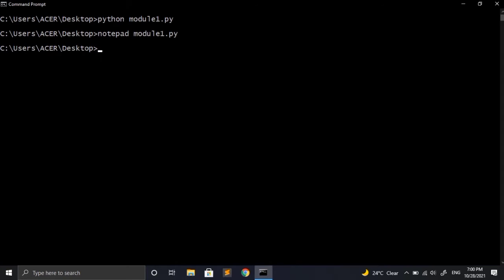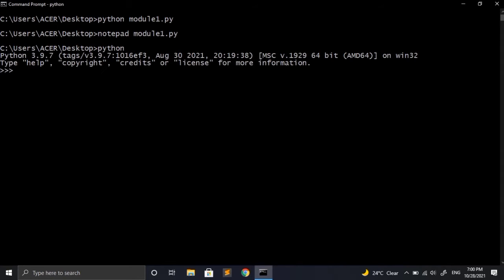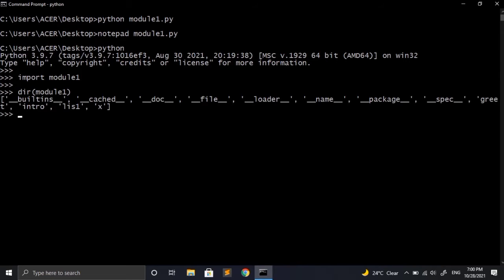So now let's quickly start the Python REPL by giving the command python. Now let's import module1, and after that we will be calling the dir function that we have seen previously also. To call this function on our module, we have to write the module name inside the parentheses. So as usual, it will return a list of things.